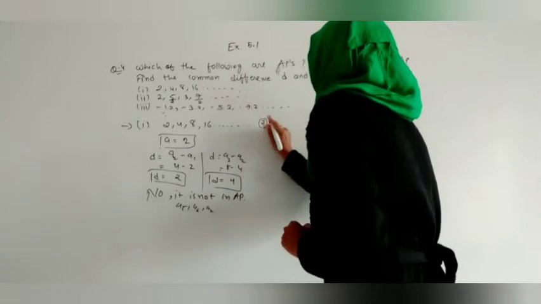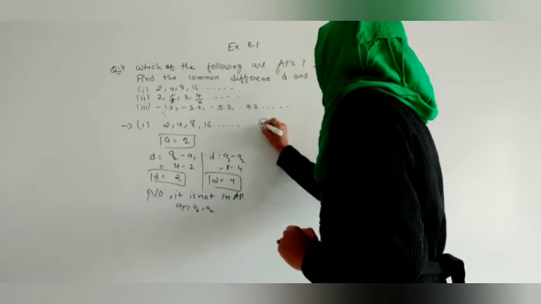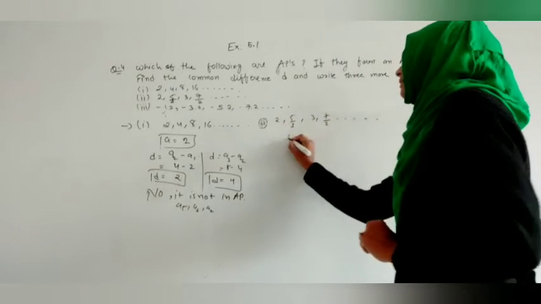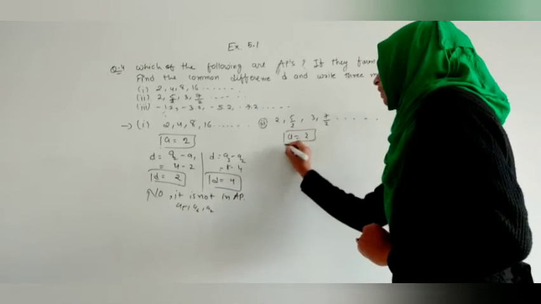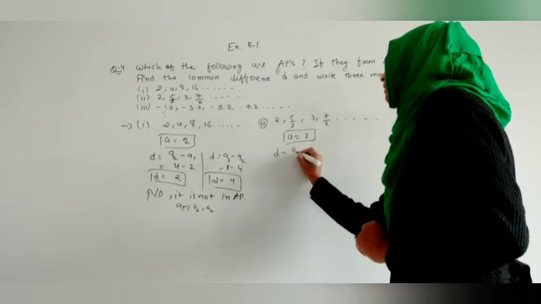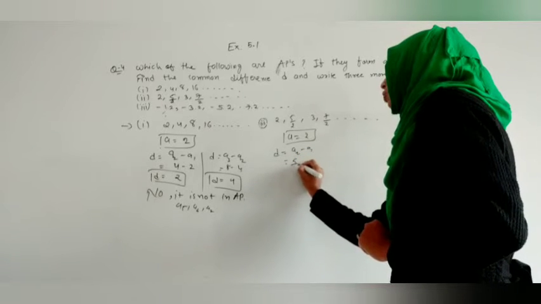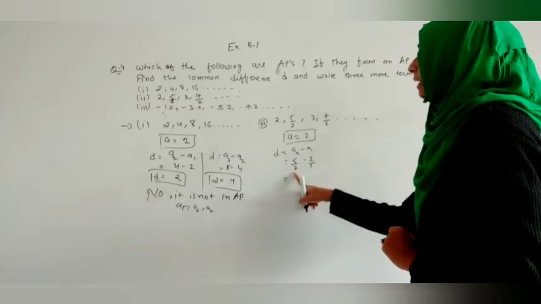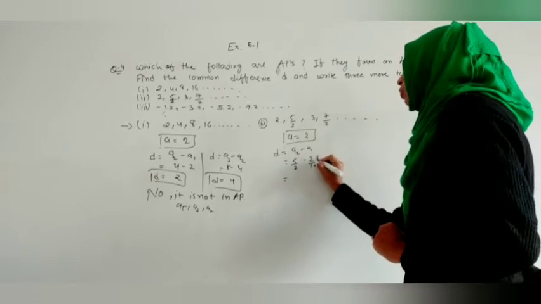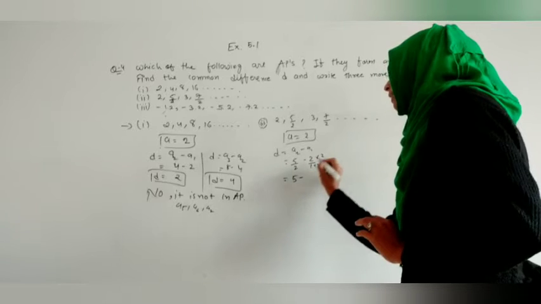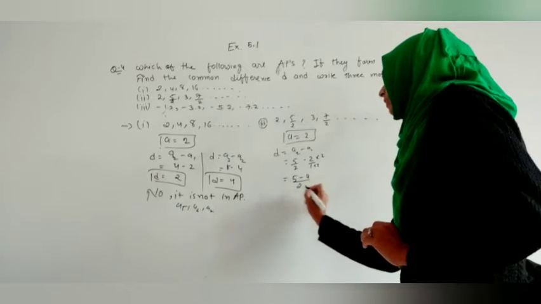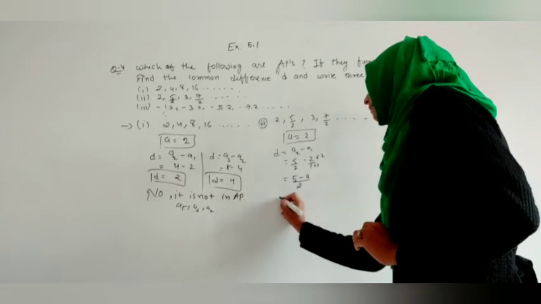Now here we have to do the second question. Let me do the second question. What is it? It is in the form of 2, 5 by 2, 3, 7 by 2 and so on. So let us write the value of A, that is 2. Let us find difference D, that is A2 minus A1. So 5 by 2 minus 2. So as I told you, here we have to take LCM because denominator is 2. We want to make it 2. So 2 multiplied, we are getting 5 minus 2 2s are 4 and these 2 1s are 2. So difference we are getting as 1 by 2.